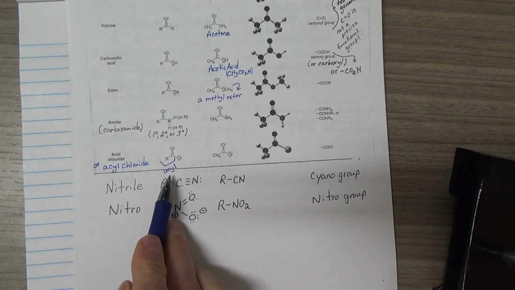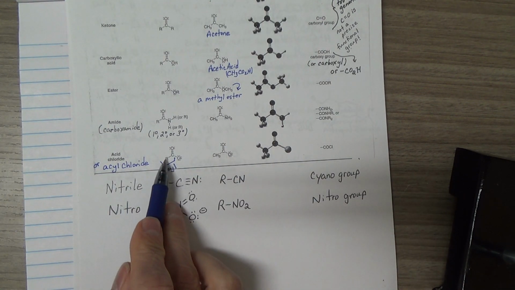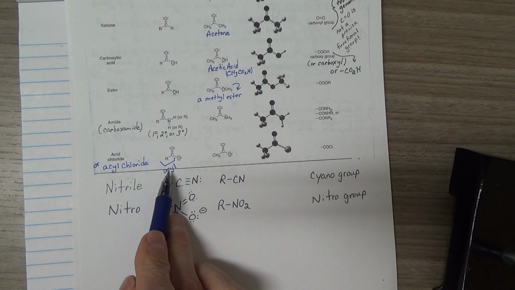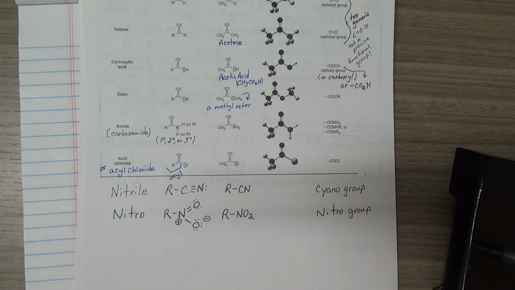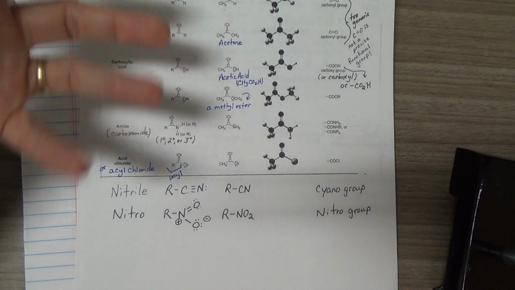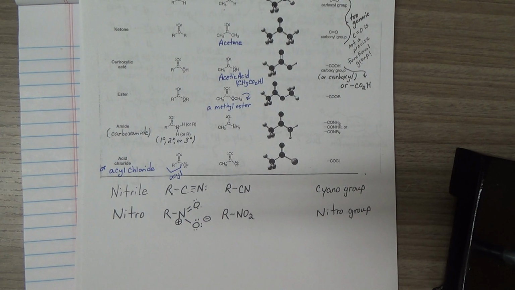Now, you don't have to know this here for me. You will learn this in organic too. When you look more specifically at your carbonyl-containing functional groups and their reactivity,